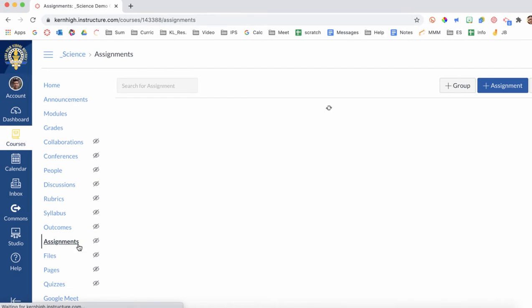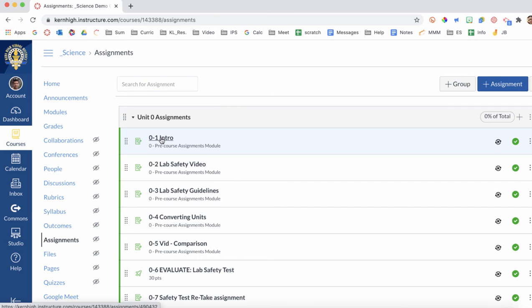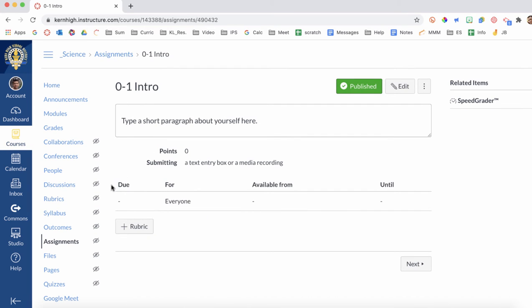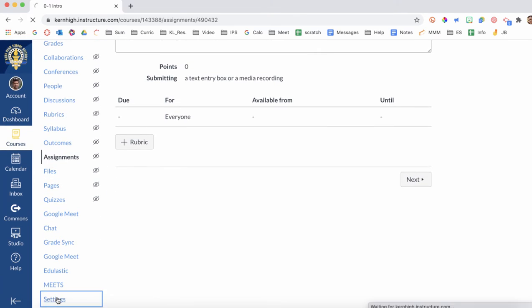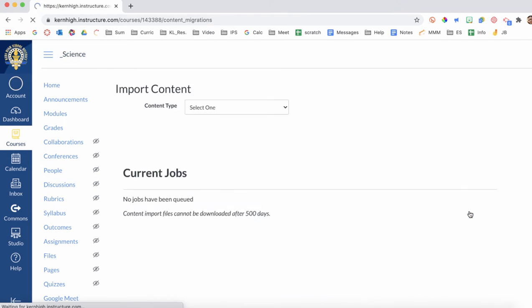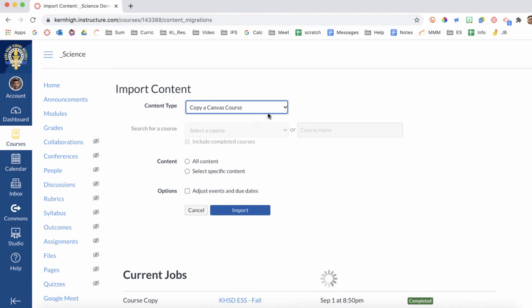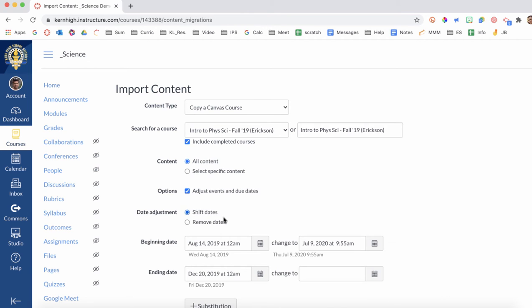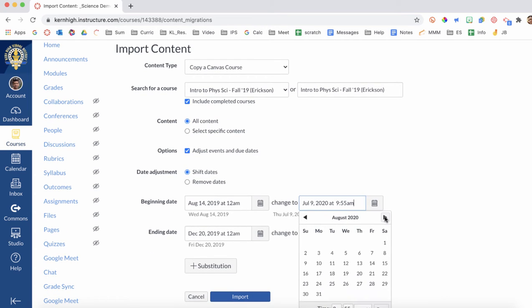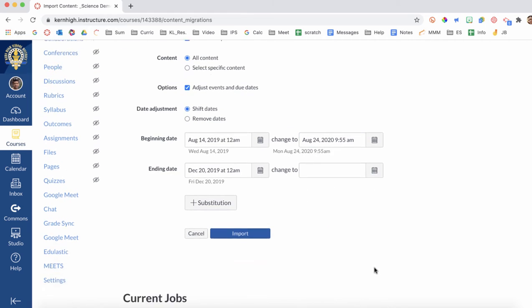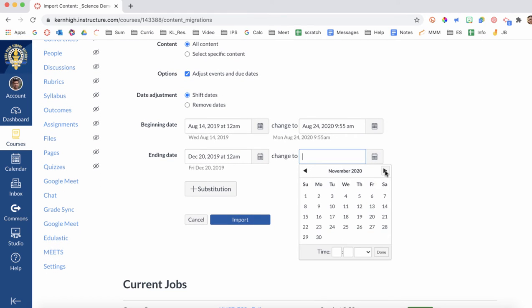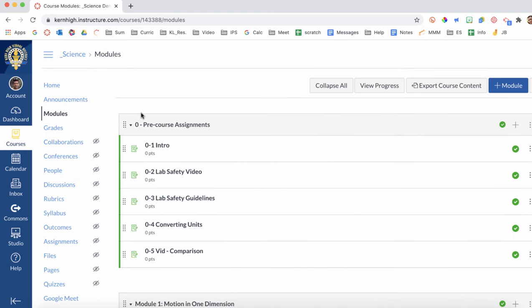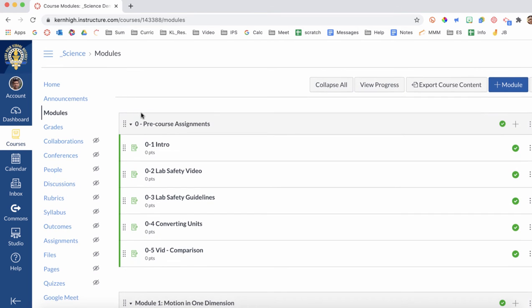A peek at the assignments in this course reveals that there are no due dates or point values on them. Unfortunately, there's no easy way to add these to all your assignments at once. If you're importing a course that already has due dates, these can simply be adjusted at the time of import. But if you have a course with no due dates and point values, like mine, these will need to be